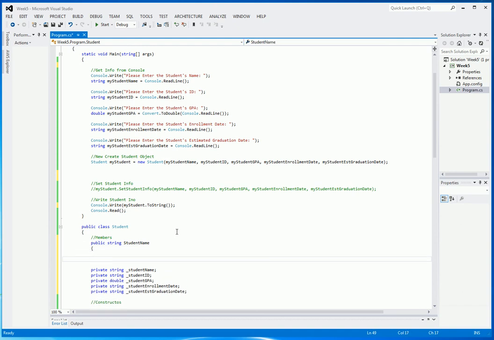we can then define methods underneath that member. And the two methods that we can define are get and set. So if I were to type get here,